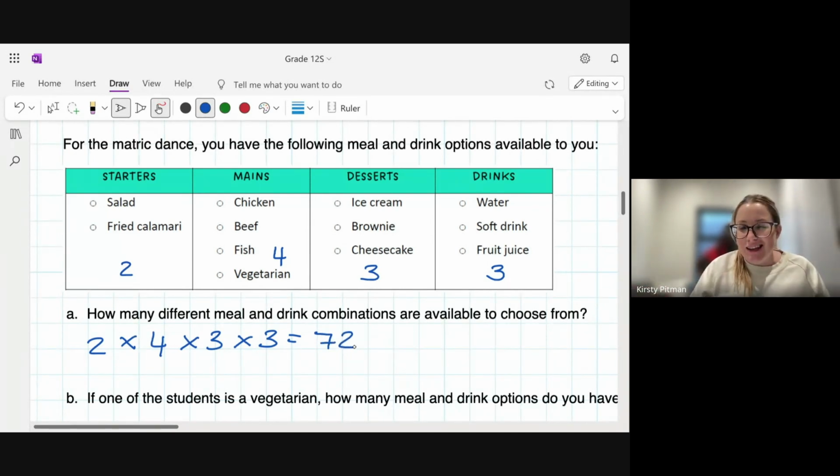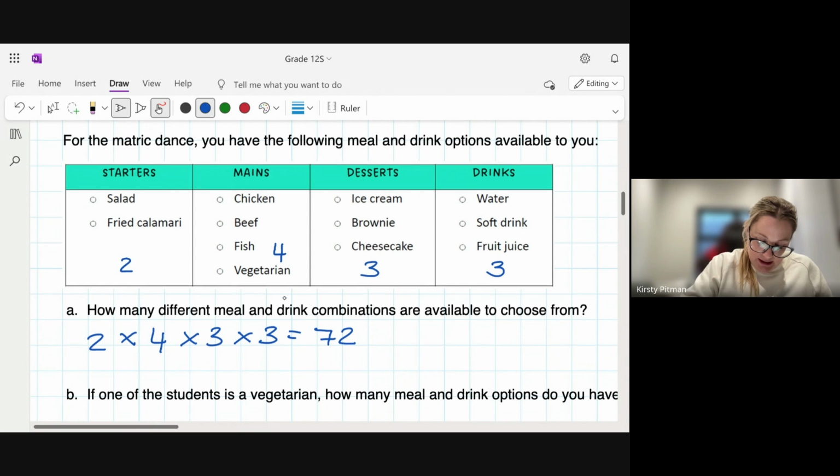Nice and easy. "Miss, this is so easy. But we don't get these ones in class." Yeah, they're coming. In the exam, you're always going to have a nice, easy one. They do that to you. They give you a nice, easy one.